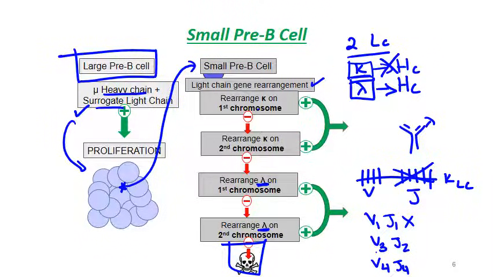Because every time it makes a rearrangement, it makes a cut, and then that genetic material is lost. So when it runs out of genetic material, that's when it moves on to the second chromosome. And then this chromosome will try. And when it runs out of genetic material, it'll move on to the lambda first chromosome. If that runs out of material, it'll move on to the next. So that's what I mean by it'll keep trying. The kappa light chain will just keep trying to make rearrangements until it does it successfully or runs out of material to make a successful